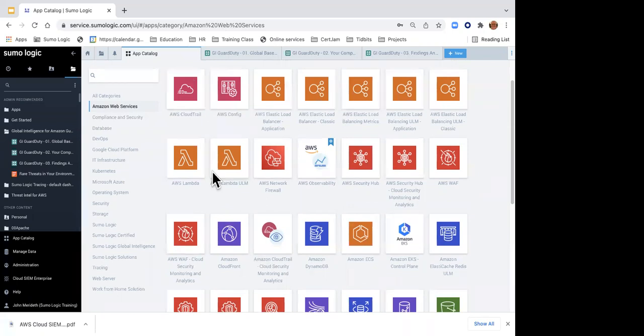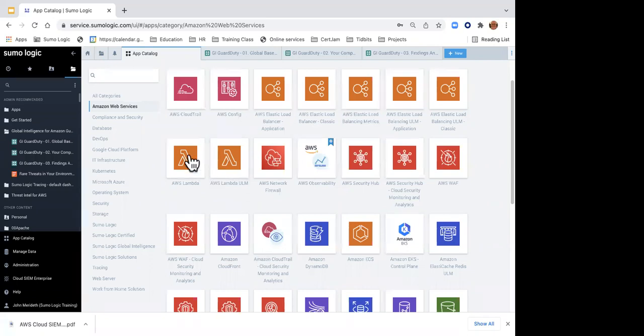This is going to take us to activity number 2. So I'm going to turn the page here a little bit, and here's activity number 2. In activity number 2, we're going to install an app. We're going to install a threat intel app for AWS. And so here in your PDF document where it says activity 2, we're going to click the app catalog. We're going to look for threat intel for AWS.